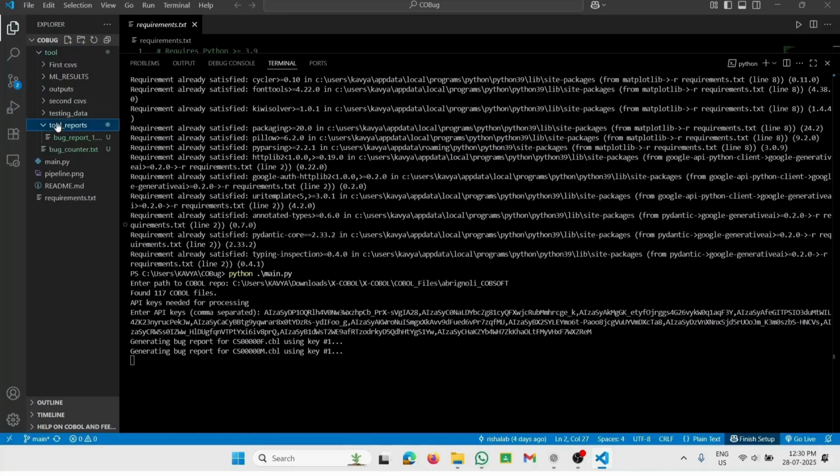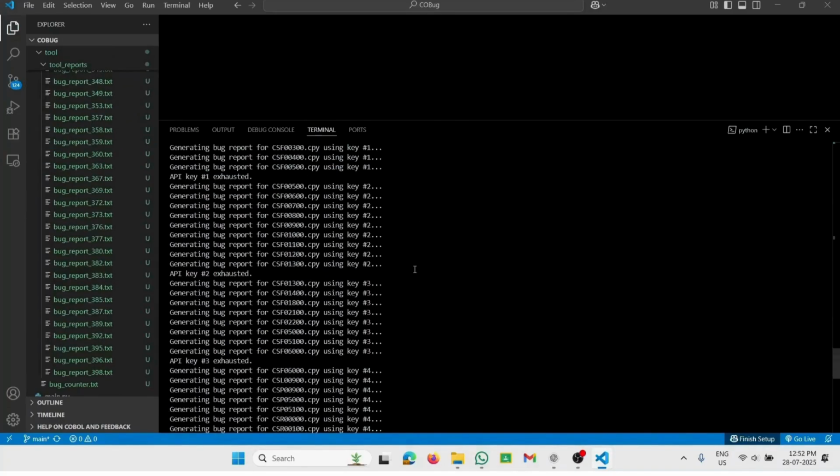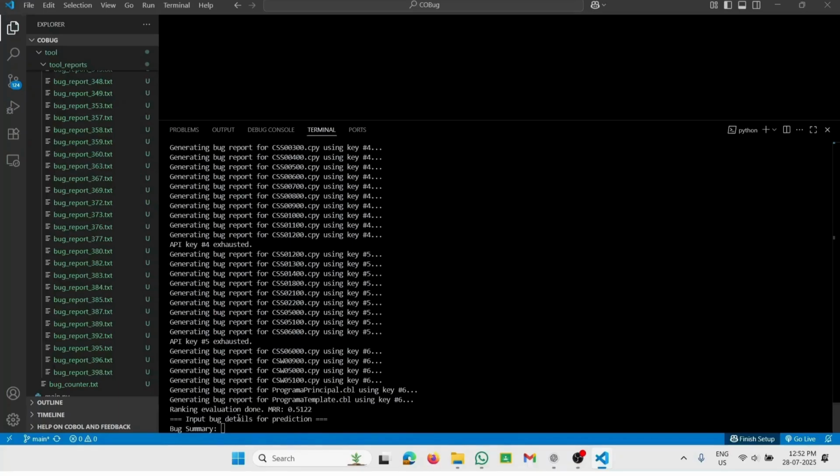Now let's check one of the bug reports generated. These reports include bug ID, a unique identifier for each detected bug, bug summary, a brief explanation of the bug, and bug description, a detailed explanation of the bug and its potential causes. Once all the bug reports are generated from the given COBOL repository, before we provide input bug details for prediction,